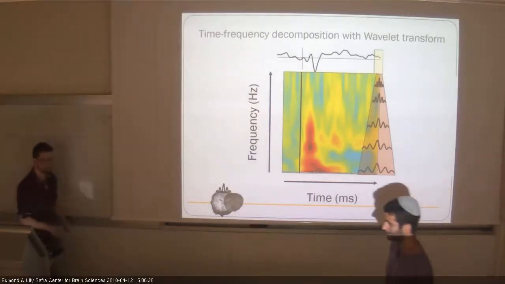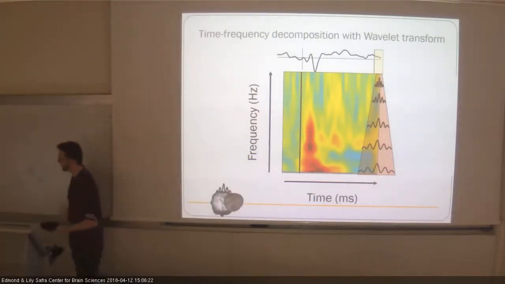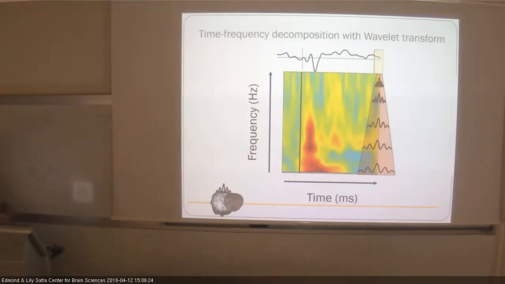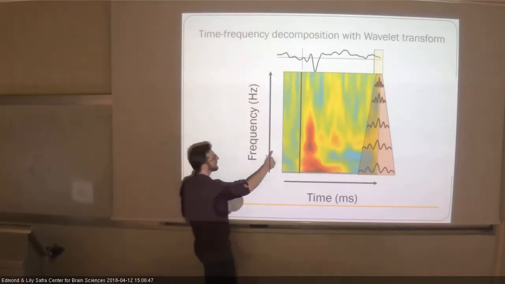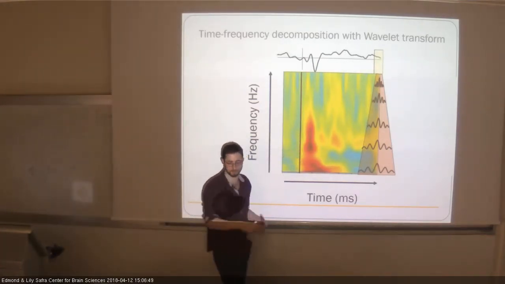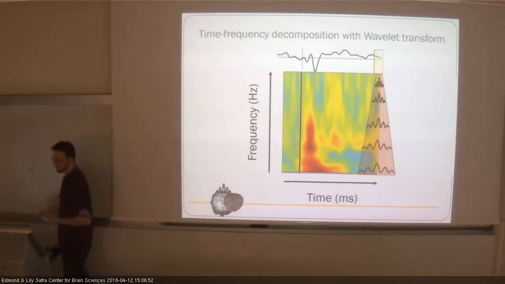Now, if you're really paying attention, you would say, well, this is not really true, because even when I use the right frequency, I will get a high value here, but then when I change the phase, I will get a negative value, right? Because it's out of phase. And this is not what I want to see. I don't want my result showing really high power, then really low power, then really high power again. This is not what I'm looking for. And this is because